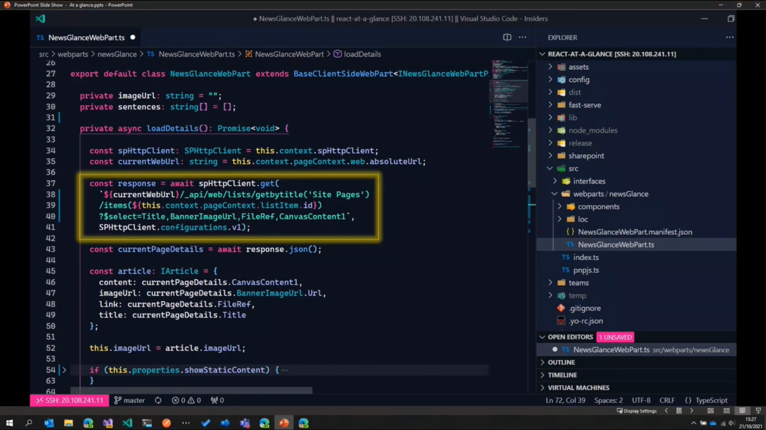The other option is we can use PnPjs to do the same. So what I've done is in the code I've included this file PnPjs.ts. So instead of using SPHttpClient, you can use PnPjs to get the same details. So once we have all the details of the current page, i.e. the title, the image and the content,